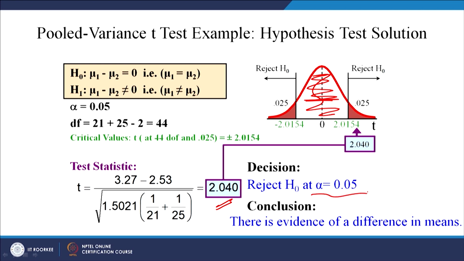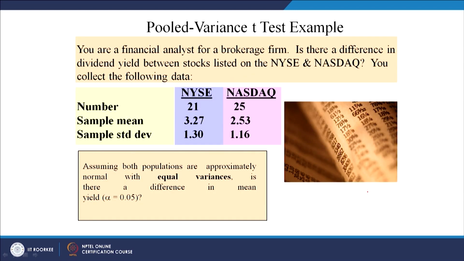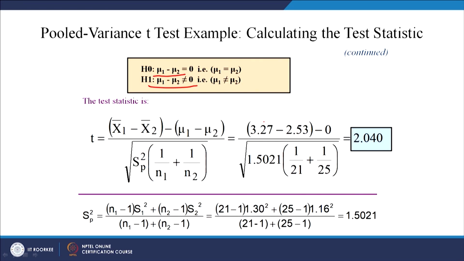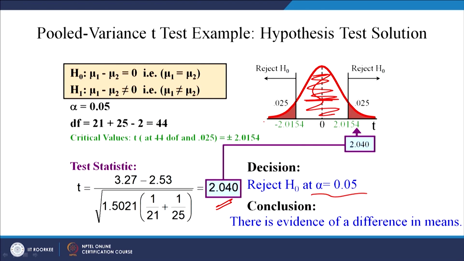Now, we are rejecting this null hypothesis and we are saying that the mean return from these two stock exchanges is not the same, it is different, right. So, different means in one of the stock exchanges the return is higher. So, in which stock exchange is the return higher? It is in the New York Stock Exchange, because its sample mean is higher than the sample mean of Nasdaq, right. So, let us work out the same example using Minitab and let us see what the conclusion is there. So, here we are rejecting the null hypothesis, right.